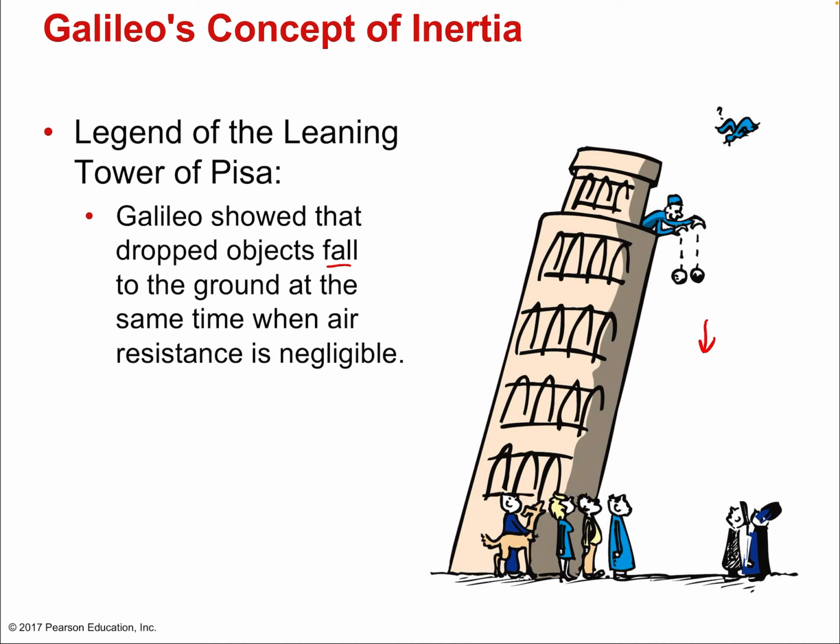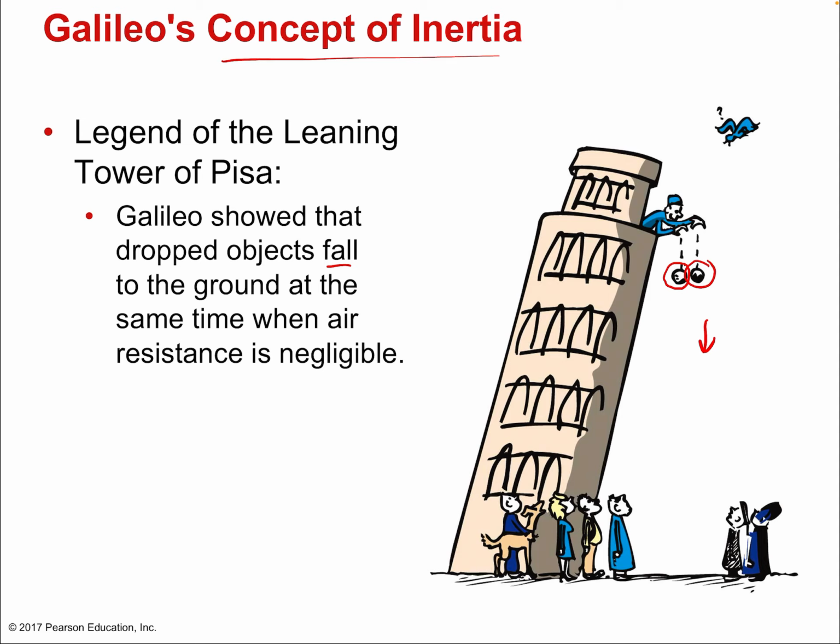Okay? So we could have, say, a wooden sphere and a very dense metal sphere. But since they're both the same size and shape, they're both going to experience about the same air resistance. So they're both going to fall exactly the same way, even though the wood might be 1/10 as heavy as the metal. So the weight of the object doesn't make it fall any faster. Okay? Now, that's a really important idea. How does that tie in with inertia?